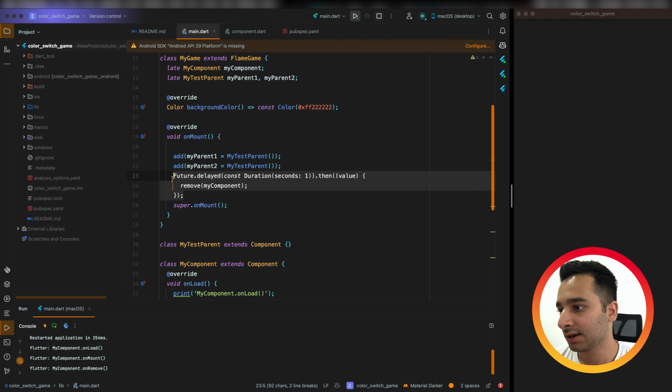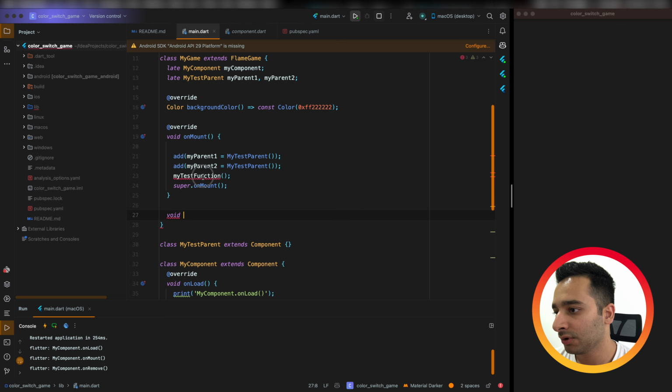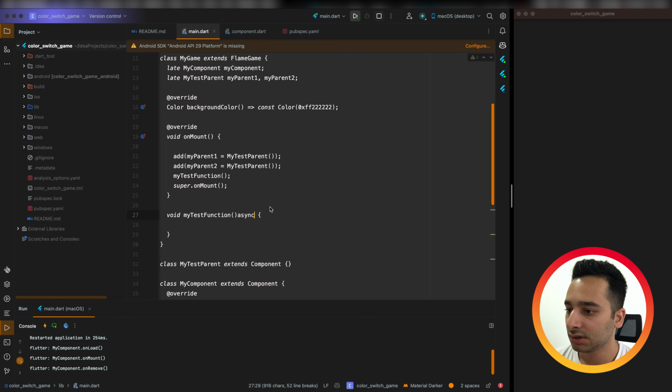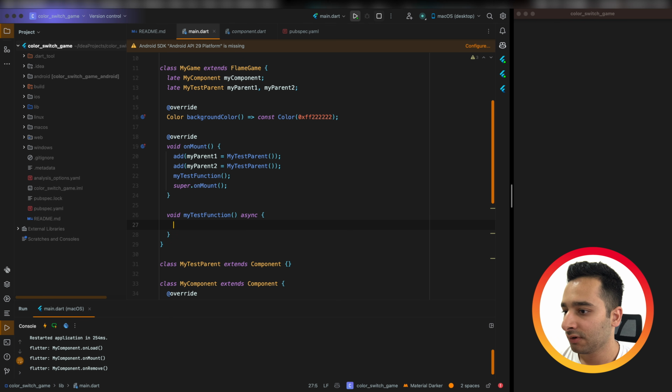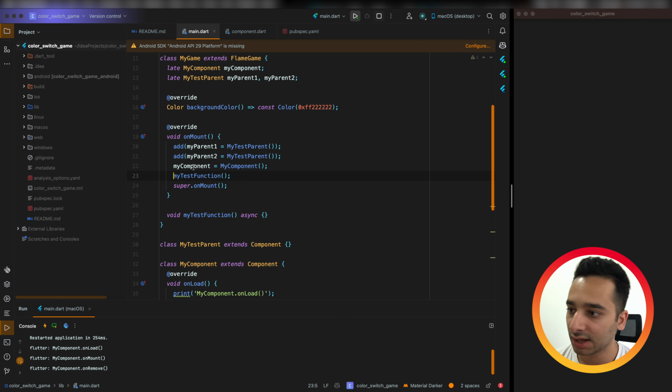Let's remove this and replace it with my test function, and it is a void function. It is async, and here let's create the instance of our component, but we are not going to add it yet, just creating the instance.